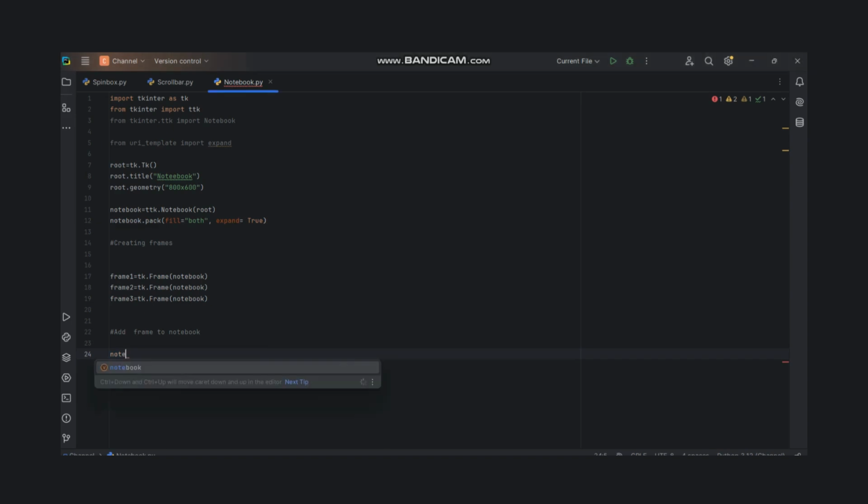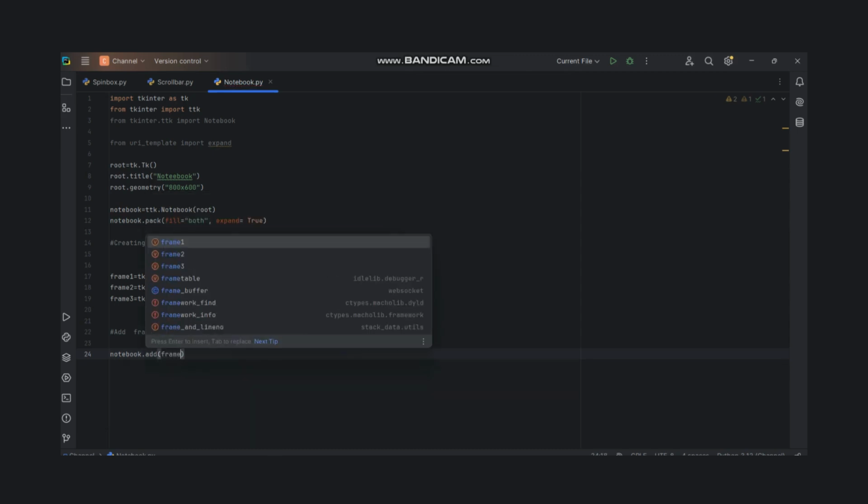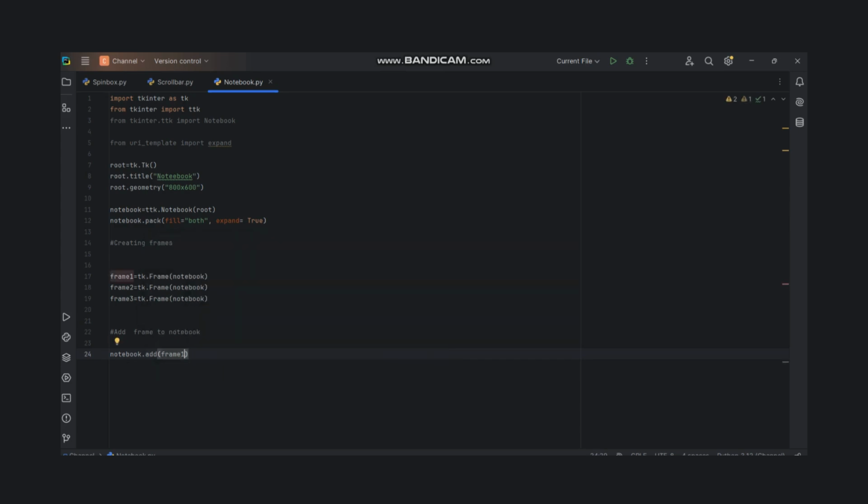Okay, so notebook dot add, then we'll add frame वन, हमें frame वन चाहिए यहाँ पे। फ्रेम वन में भी हमें इसमें क्या टेक्स्ट चाहिए हमारे फ्रेम में, विल मेंशन हियर टेक्स्ट इज इक्वल्स टू, हमने क्या लिखा था हमारे उसमें स्क्रीनशॉट में, वी हैव मेंशन लेबल, राइट।